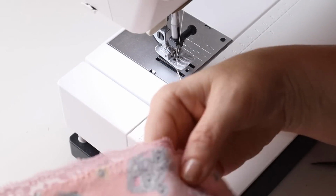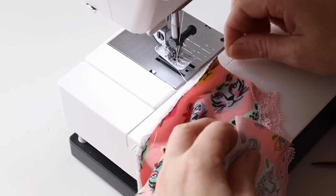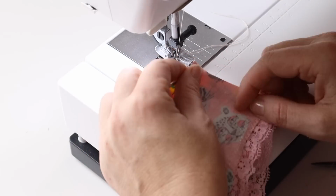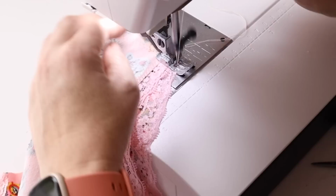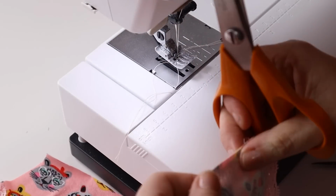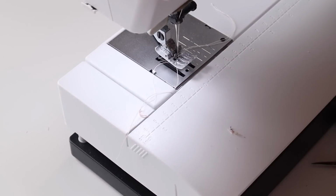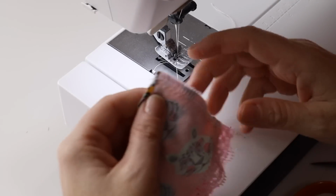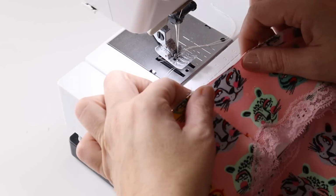So I've got the other leg done already, and now I'm going to join the side seams as before. Just get a trim. And I have them overlocked, and then from the outside